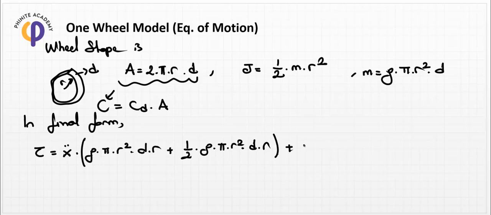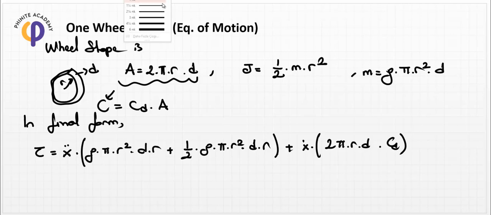We need to write also the friction factor of this system like this one. X dot is equal to the what? The C value in here, and so 2 pi R D times CD. Okay, and so in the last form, if we reorganize the whole equation of motion in here, and then